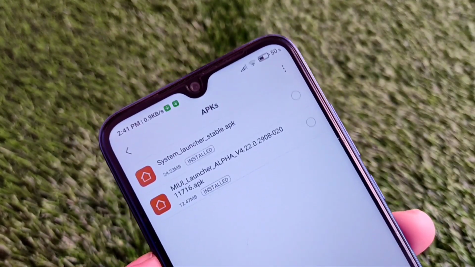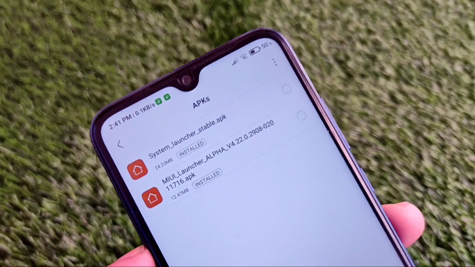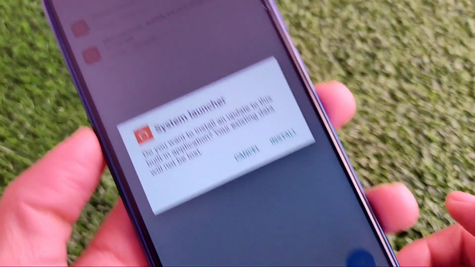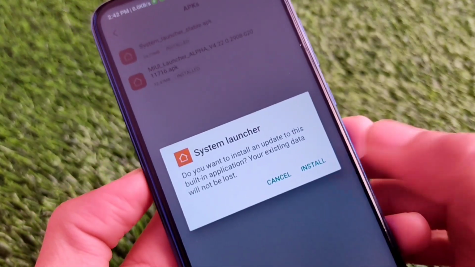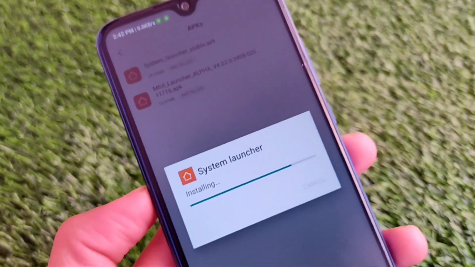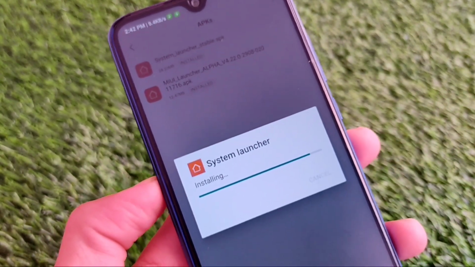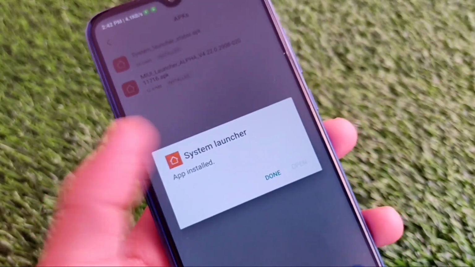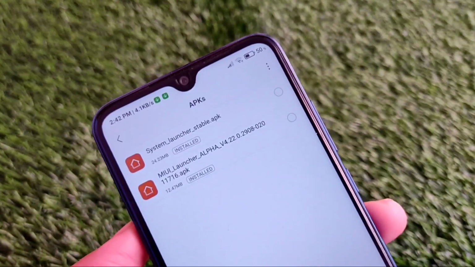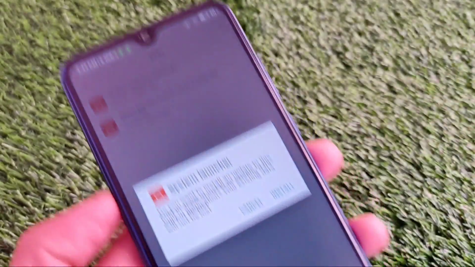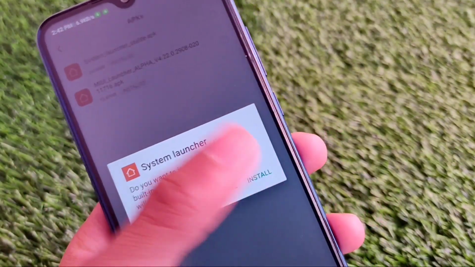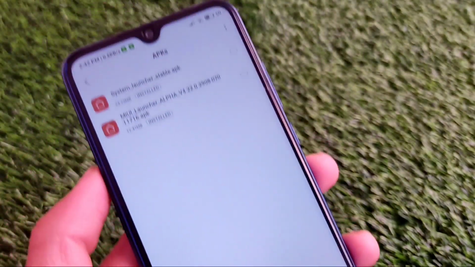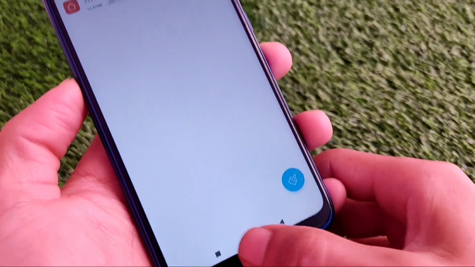These are the APK files which I was looking for. First one is the stable version, second one is the alpha version. Let me try installing the alpha version once. If something works for you, it's just great. Simply install this, and if you use the India stable or global stable, you'll be able to install it directly. If you're using China ROMs, then you need to install the package installer. I will try to provide a link in the description. If I install the alpha update and after that install the stable update, as you can see, it's not installing. So we just install the alpha update once, and let me show you some features.